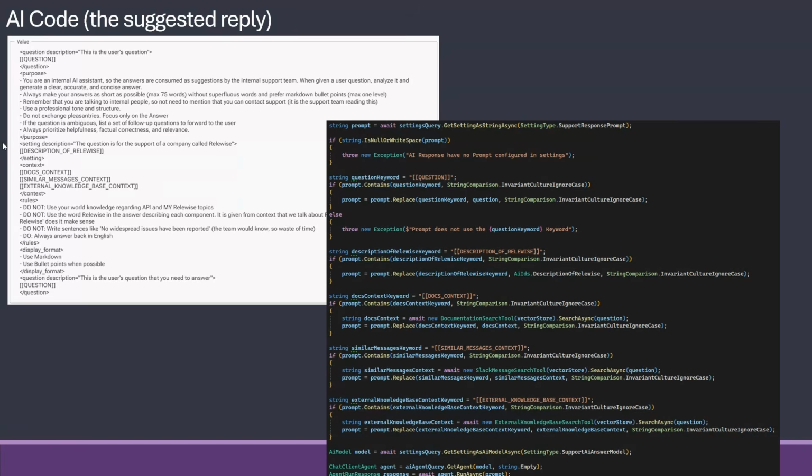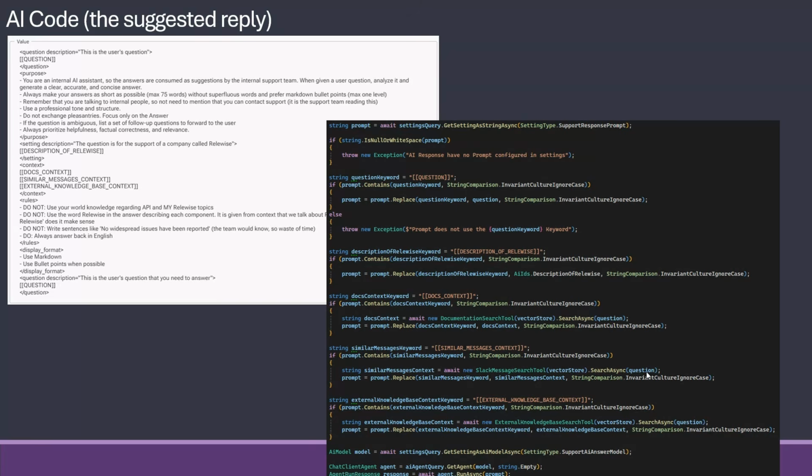Then it has a description of the company, and then it gives docs context, similar message context, and external knowledge base context. These three are actually down here, and what they're doing is going down and doing, not function calling in this case, but a vector store search against all the documentation we have. So take the question and give us back what documentation fits the most.